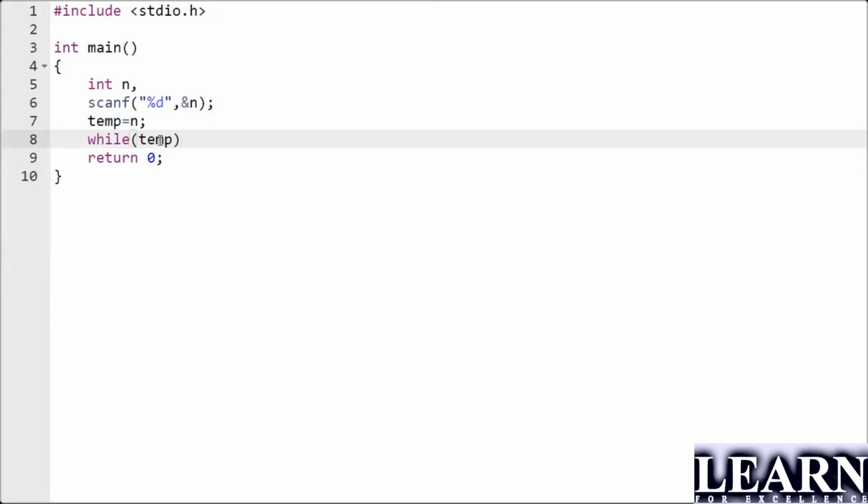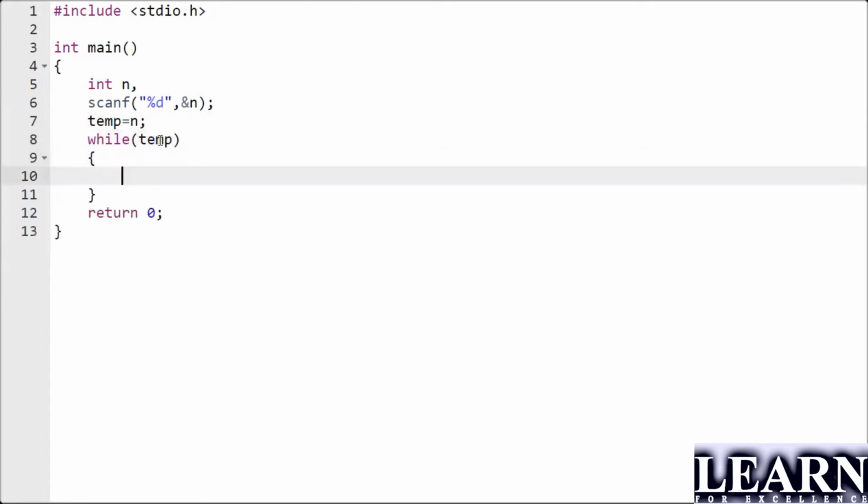Okay, so after that, whatever the operation I'm going to do, I can tackle it over here. So I need to find out the number of digits. If the temp value is greater than 0, I'll be running it. If it is greater than 0, I'll take out the count, or I'll take out the digit itself, the number of digits. I'll take out digit plus plus.